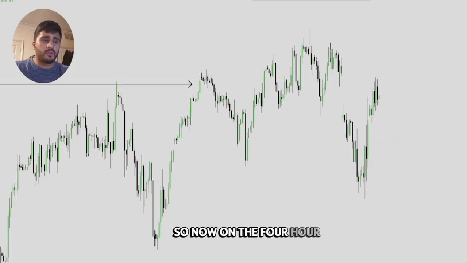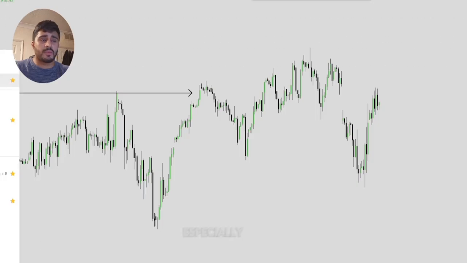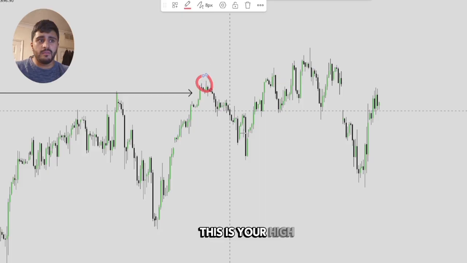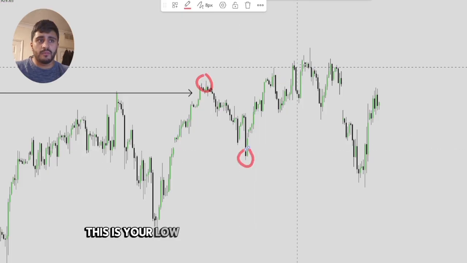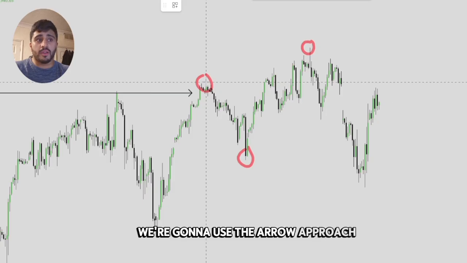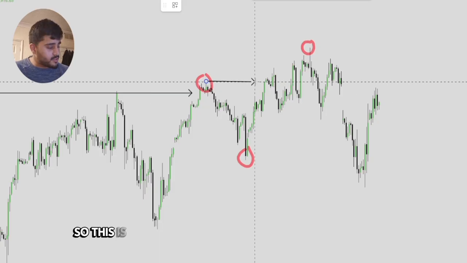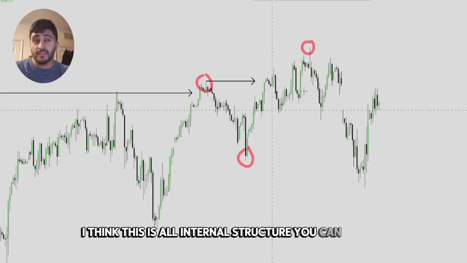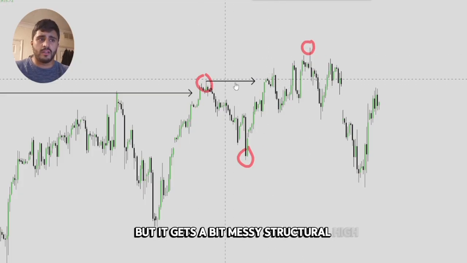So now on the 4 hour, when we go to the most recent market structure, especially in the news and everything that's going on with Donald Trump, this is your high, this is your low, and then this is your high. And so again, we're going to use the arrow approach. We're going to use that simple arrow approach, right? So this is a structural high. Now, I wouldn't bother marking this. I think this is all internal structure. You can if you want, but it gets a bit messy. Structural high, structural low,